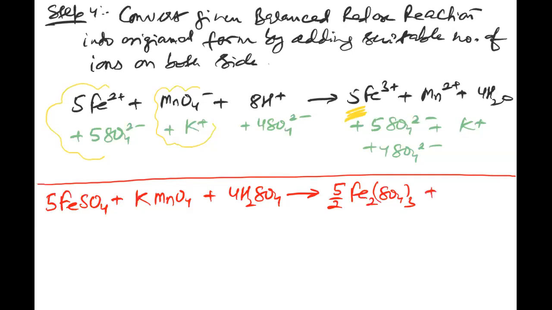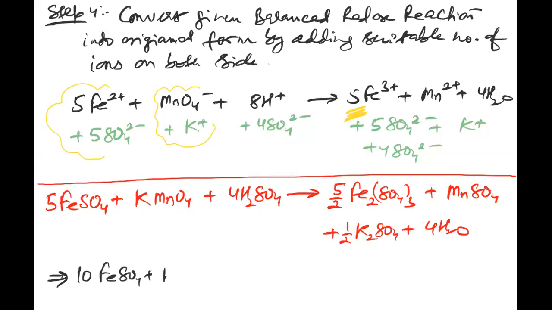Another coefficient may be written as MnSO4 plus, let's say, half K2SO4, and 4H2O in the balanced reaction. If you think the coefficients 5/2 and half have to be rationalized, you can multiply the overall reaction by 2. So the overall reaction may be 10 FeSO4 plus 2 KMnO4,